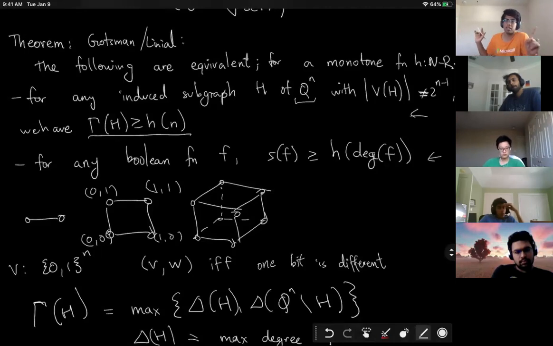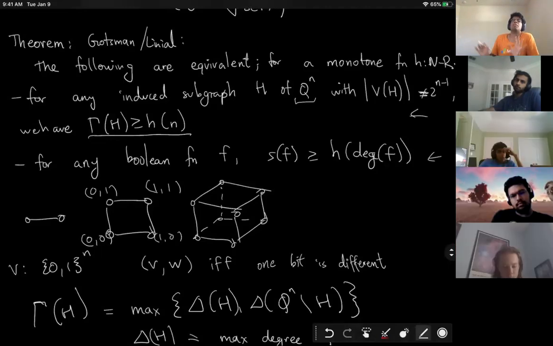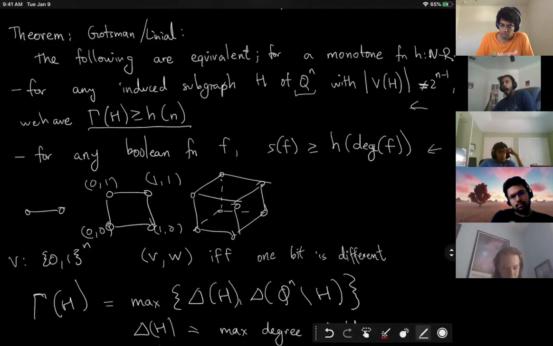Sorry, the degree of f is what we talked about earlier. I think the degree as a function is one of those complexity measures that is polynomially related to the block sensitivity. So as a corollary of this,